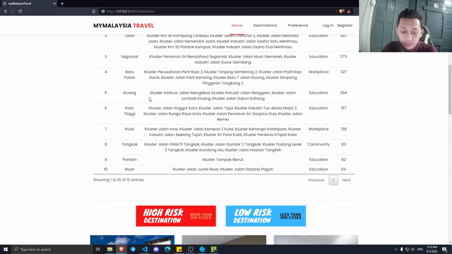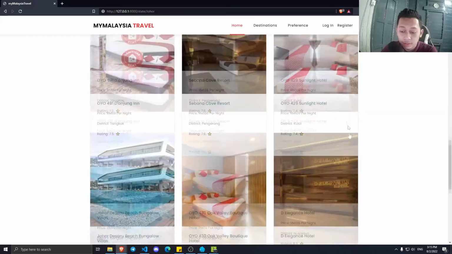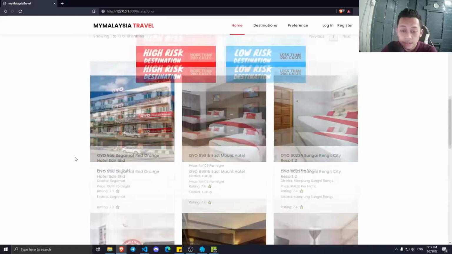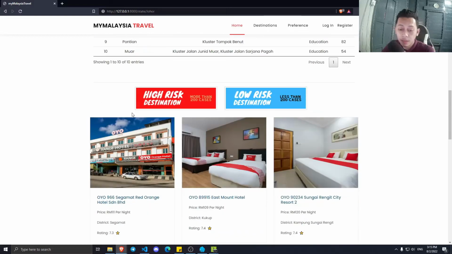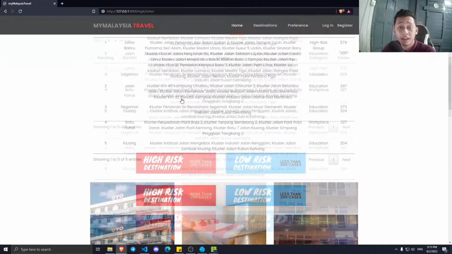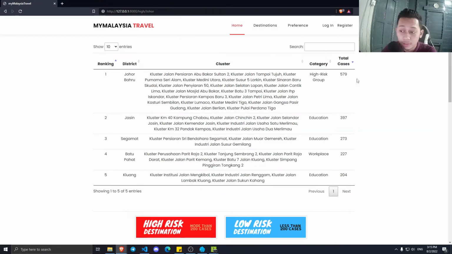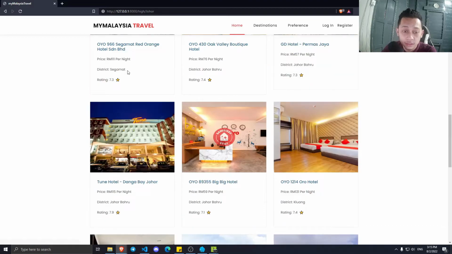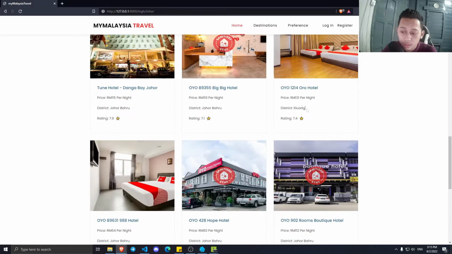So the hotels under here will be listed based on the table here. It will display all the destinations in Johor, but there are two types of buttons that can filter the destinations. The first one is the high risk destination that displays more than 200 cases. We can see right here the lowest cases is 204, which is from Kluang. We have Batu Pahat, Segamat, Jasin, and Johor Bahru. We can see the hotels here are from Segamat, Johor Bahru, Kluang,